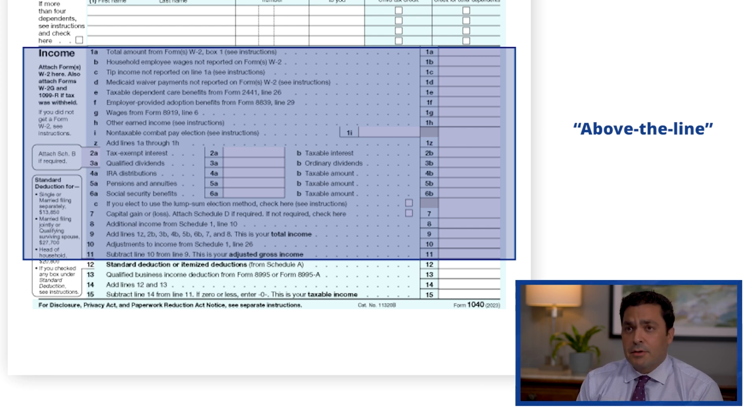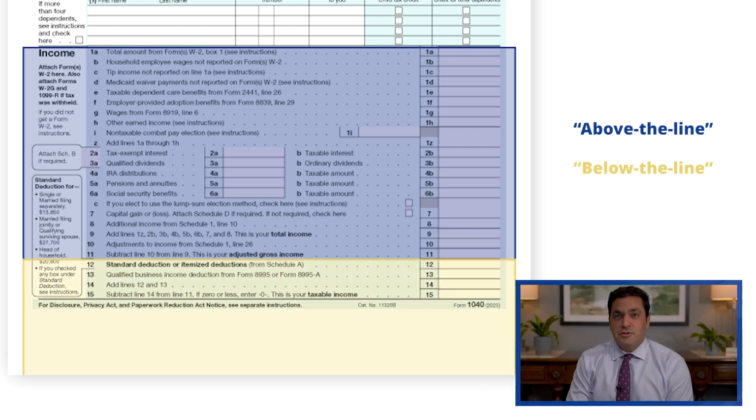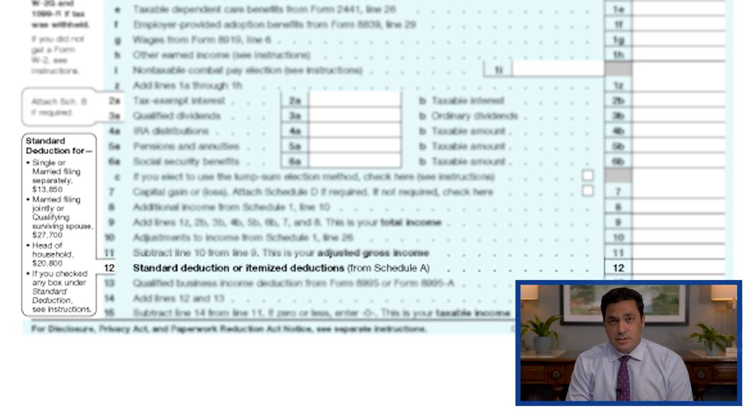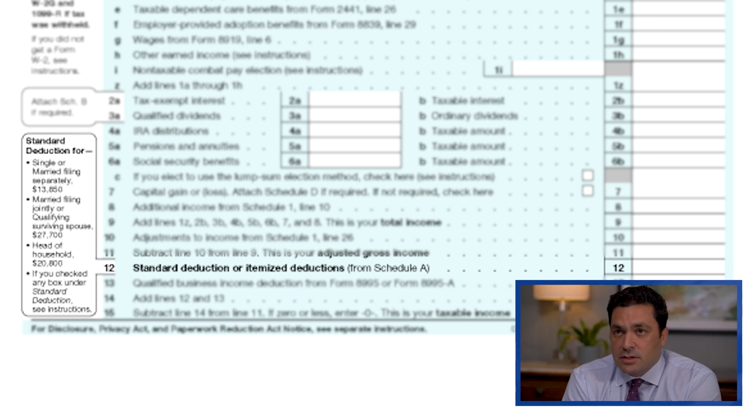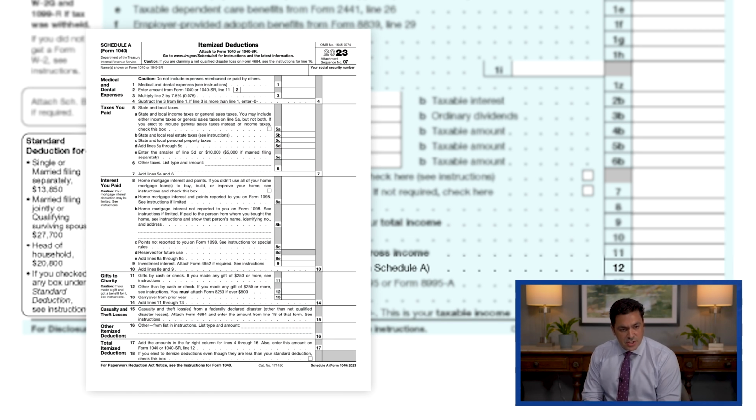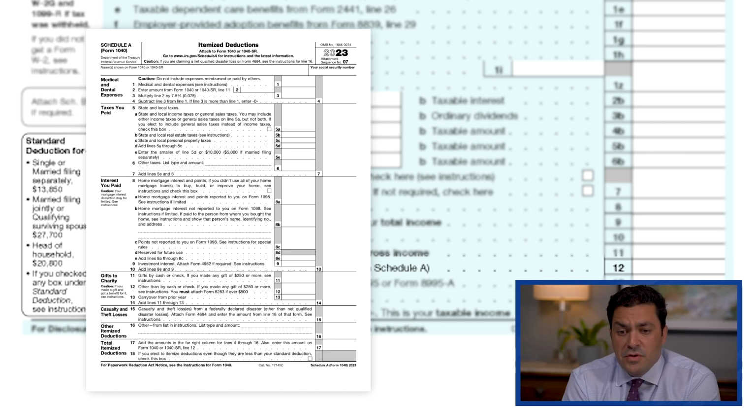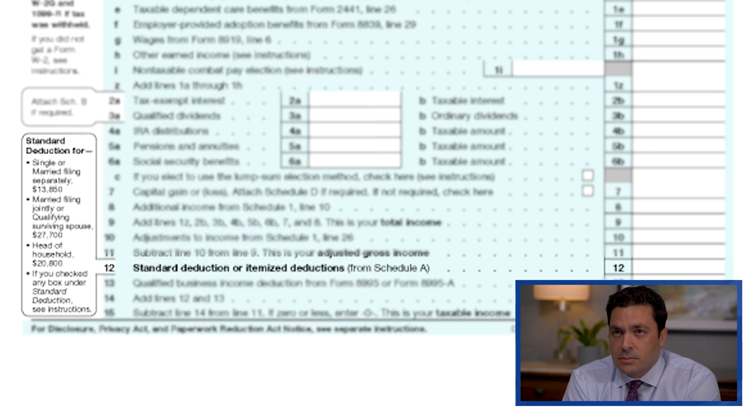And then below the line, or after that, are your deductions. They're your standard deduction or your itemized deductions. It could be an itemized deduction, like mortgage interest or charitable donations. There's many things you can take away. Or if you don't, there's something called the standard deduction, which is where the government allows you to take a flat amount. Married filing jointly, I think it's about $25,000. It's somewhere around there. And if individual, it's like $12,500. So you can take that off your income as well.